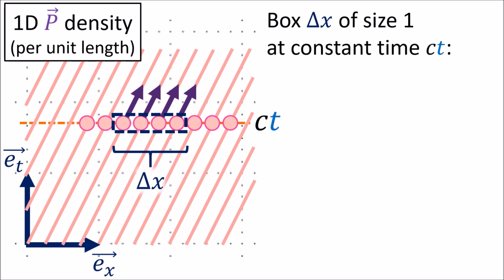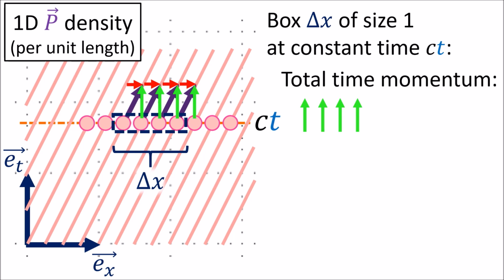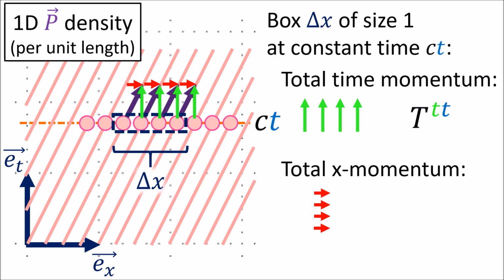So inside this unit length at constant time, all of these 4 momentum vectors have a time component and an x component. If we look at the total of the time components, this gives us the time-time component of the energy momentum tensor. This is the total time momentum crossing a boundary of constant time. We can also look at the total x momentum in this unit length. This gives us the x time component of the energy momentum tensor, which is the total x momentum crossing a